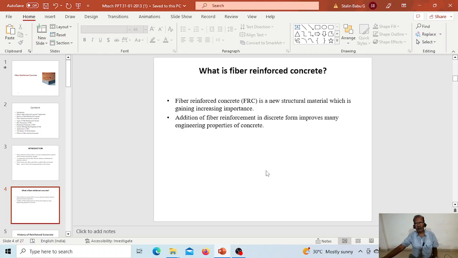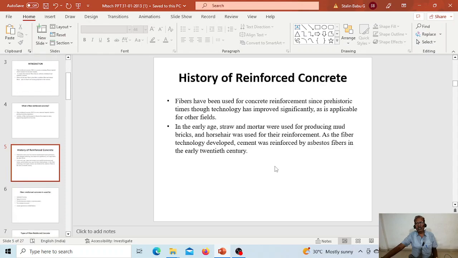Second topic is what is fiber reinforced concrete. It is gaining increasing importance, and adding fibers in discrete form, which means individually separate, improves many engineering properties of concrete. That is fiber. History of reinforced concrete is